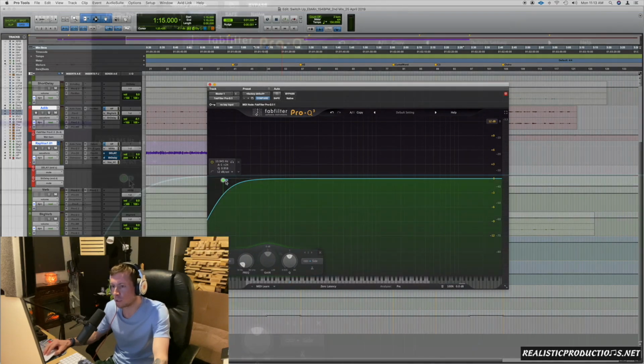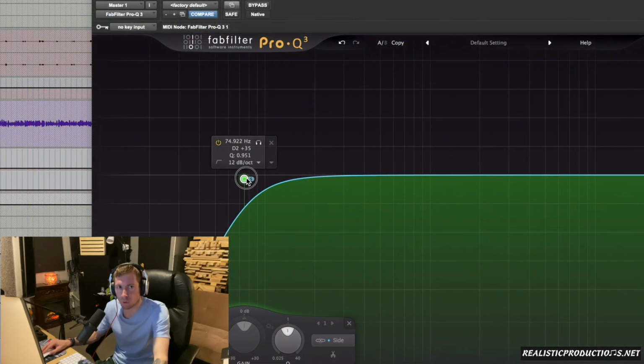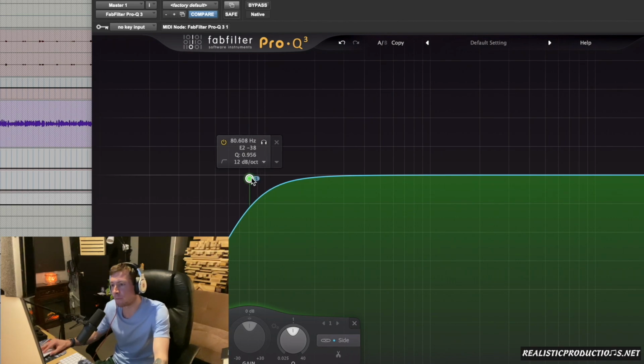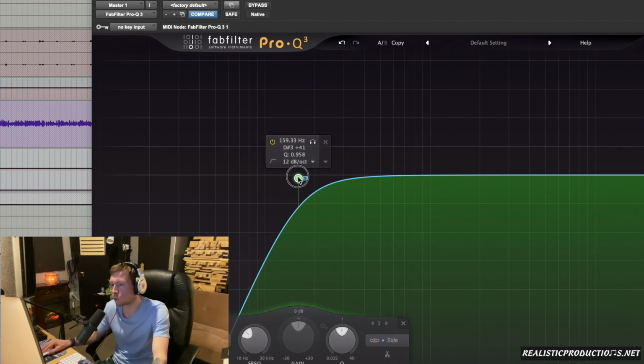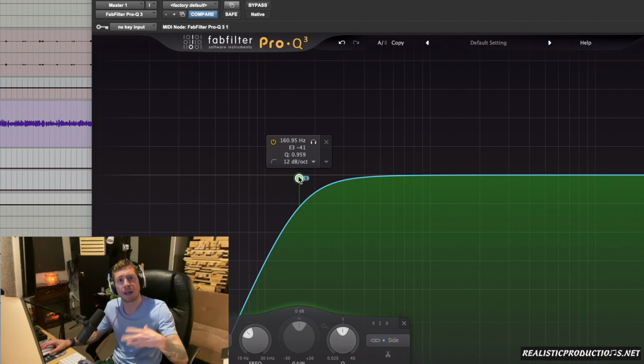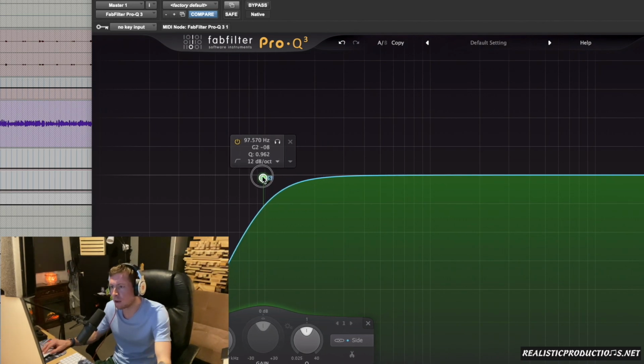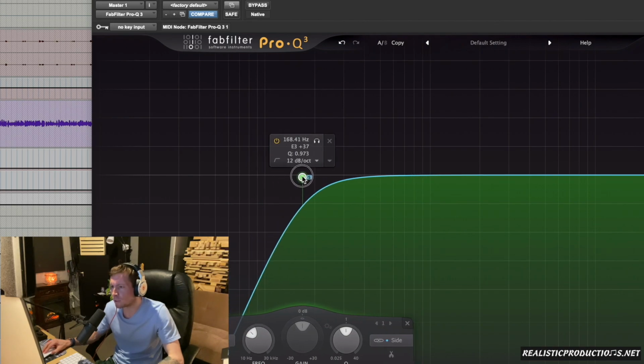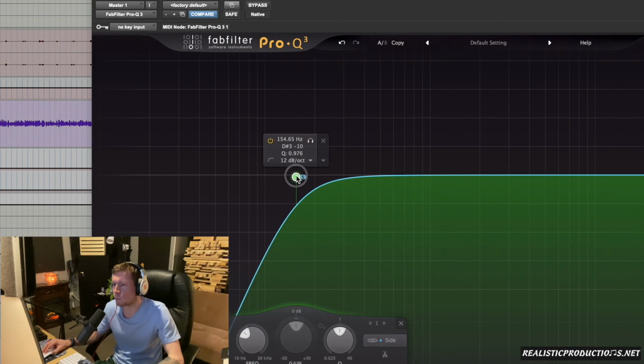As far as the numbers, because that's where it's all at, what numbers are we using? It's not going to be the same for every track. Sometimes I'll go up to 80 where I'm rolling off, and sometimes I'll go a little bit higher and go up to 160. It all depends on what I'm hearing and what my ears are telling me. So I'll just go up until I notice a difference. You really got to pay attention, and once I notice a difference, I'll back off a couple